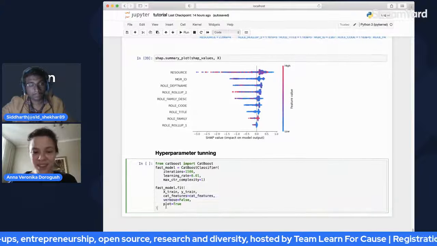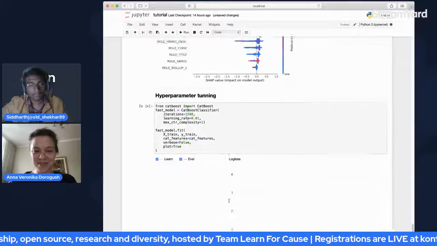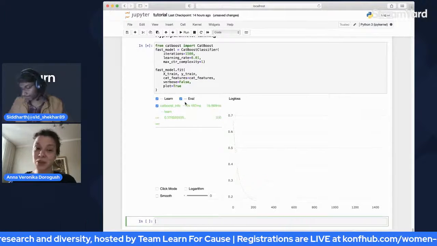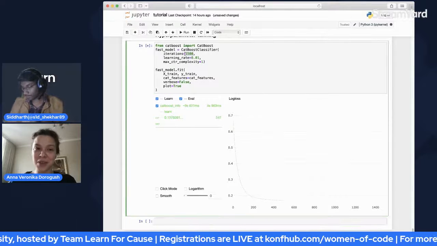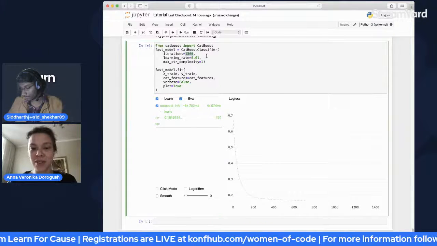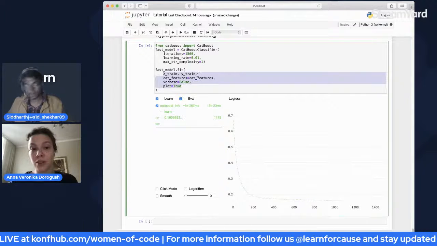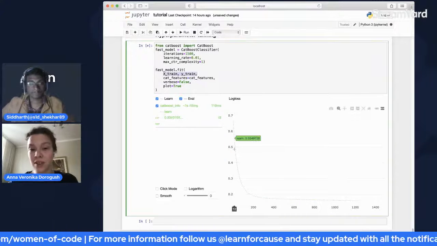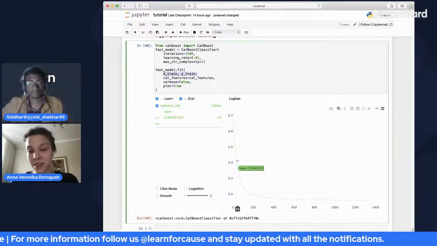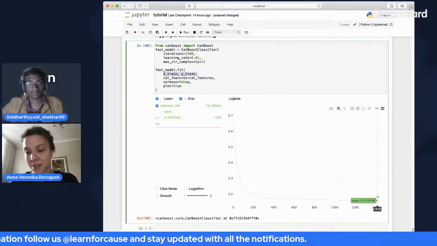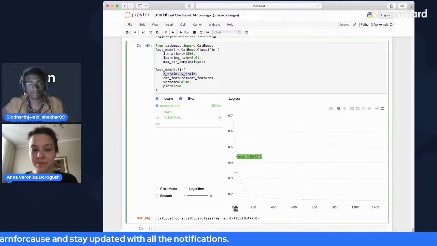With that, we can train a little bit here. That will be training for a while because we are training for 1,500 iterations. I have not passed a validation dataset here, so there is only the train dataset, and for that reason you only see this dotted line.